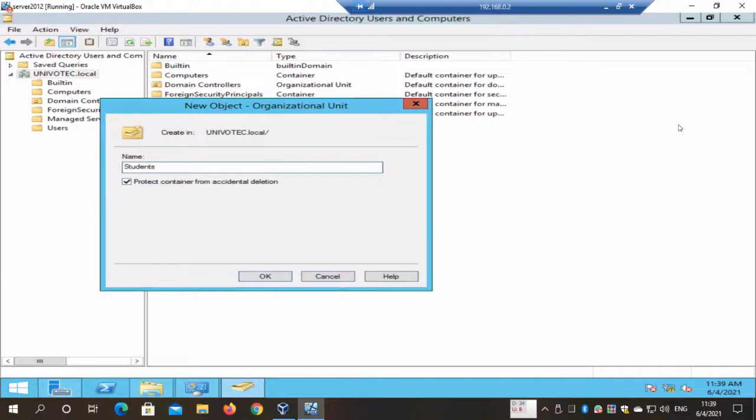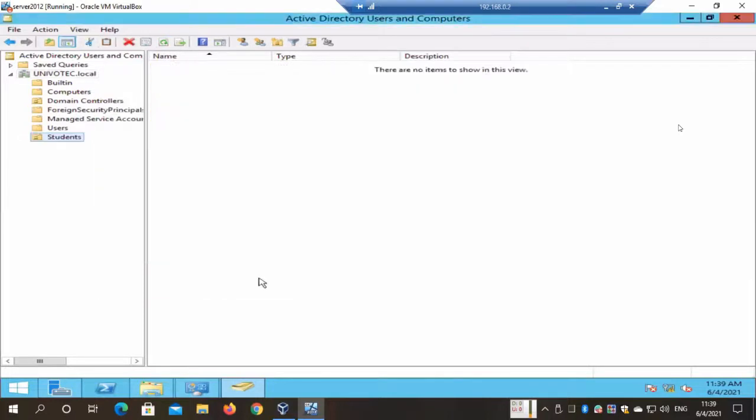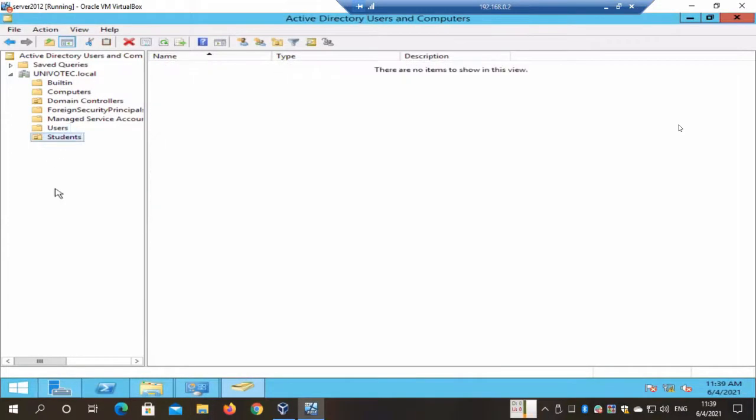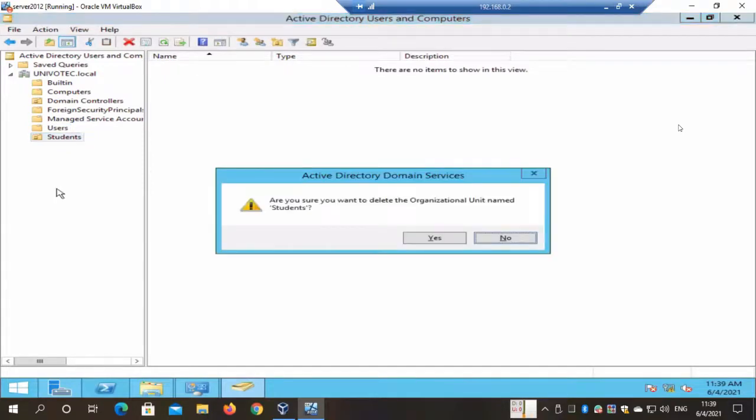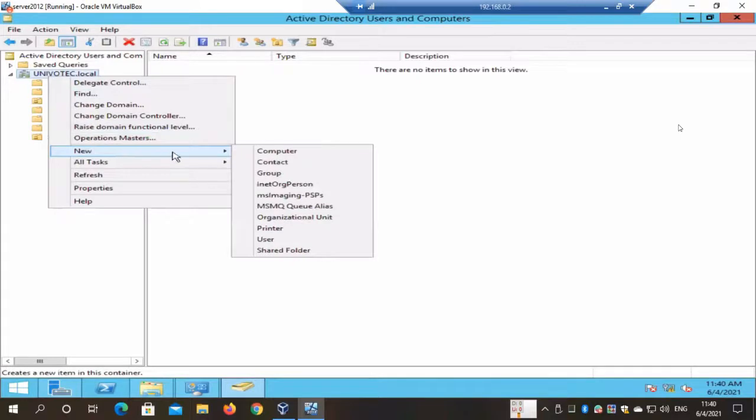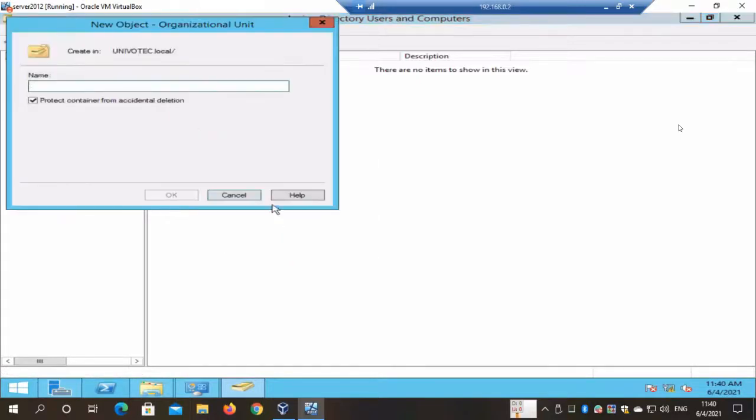Okay, so let's create something like this, students. Yeah, I will create students. So it creates just a folder like this, right? Let's see if I accidentally delete. So it will ask me for the confirmation. I think if I don't put that accidental deletion protection,